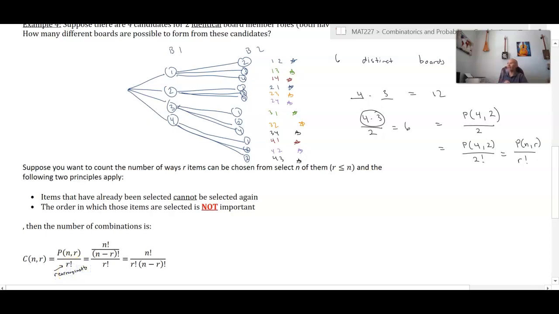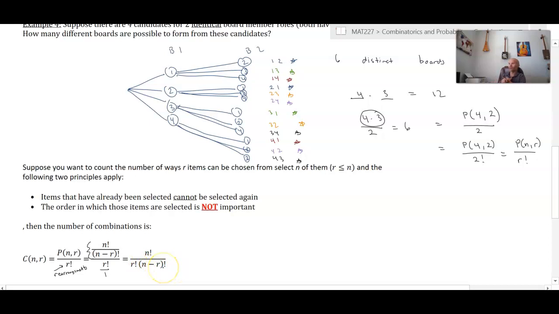So we want to divide out those extra multiples. The formula for a permutation is n factorial divided by (n minus r) factorial, as we've seen before, and then that is just P(n, r), and we're dividing that whole thing by r factorial, again to divide out those multiple rearrangements. And then if we do a little bit of algebra here, we put this thing over 1 and multiply the division of 2 fractions by the reciprocal of the denominator,